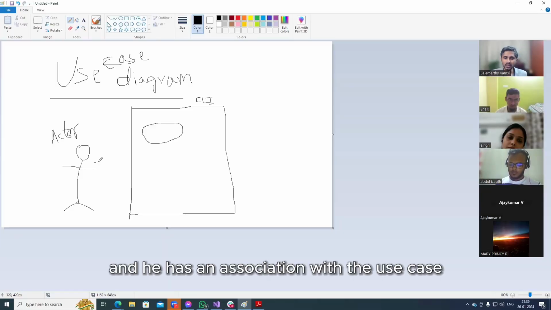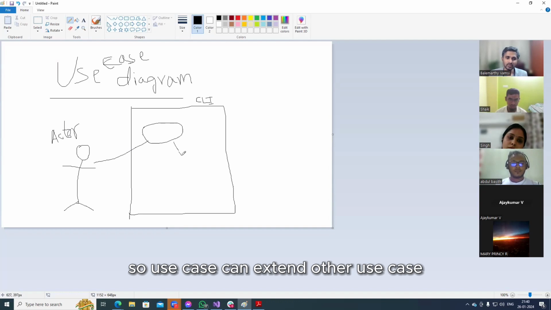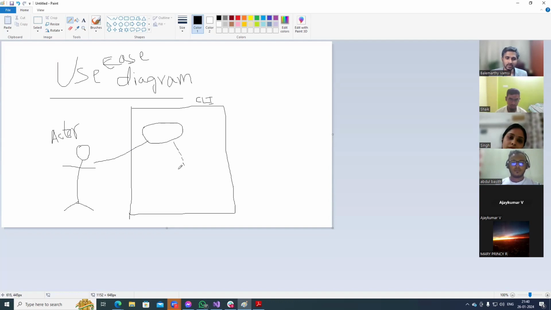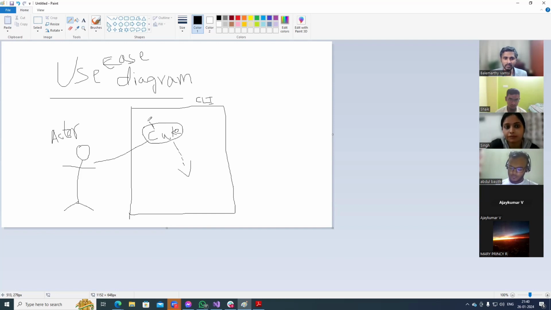The one who acts, and he has an association with the use case. So a use case can extend another use case. For example, let us say I want to bake a cake. Okay, the use case name is bake a cake.